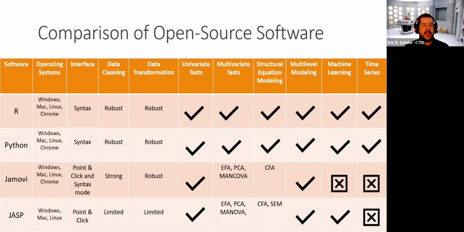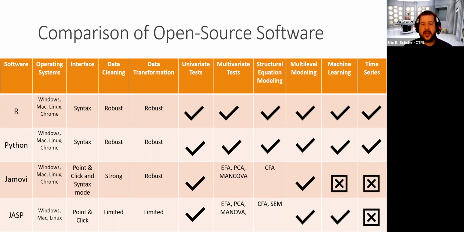For interfaces, if you're looking more for a syntax or command line, really Python or R are going to be your best bets. Whereas if you're looking for more of a point and click option like SPSS, Jamovi is a great option and JASP is another great option. It's essentially like a spreadsheet and it has an SPSS-like interface to it. For data cleaning, all of these are good except for JASP. The makers of JASP actually made sure that theirs